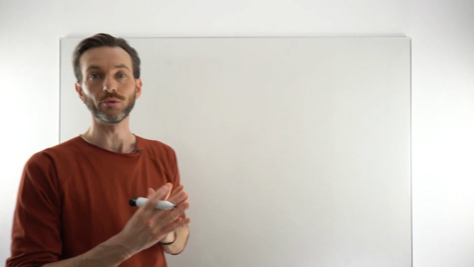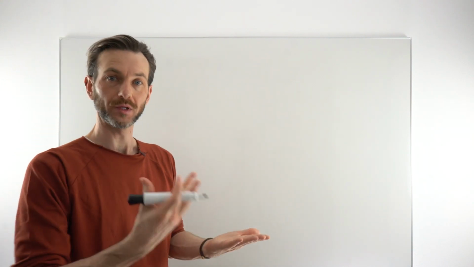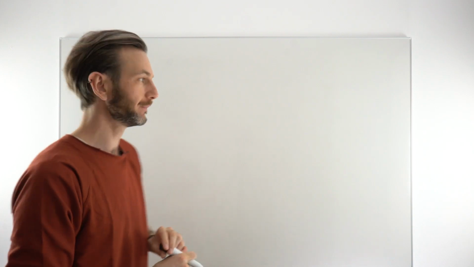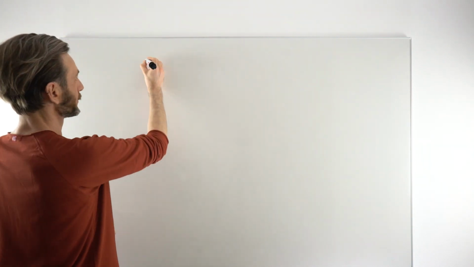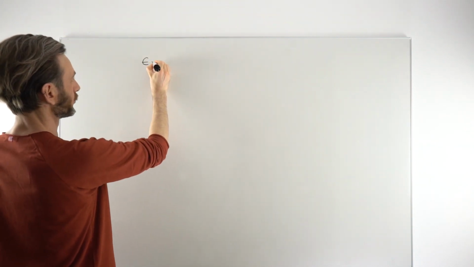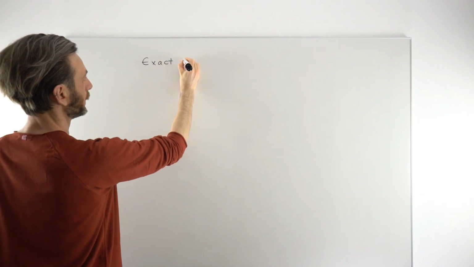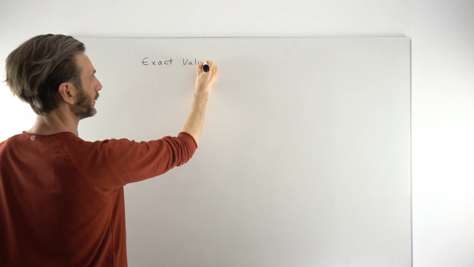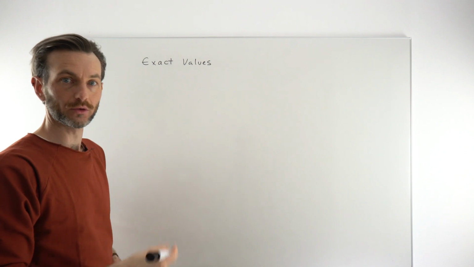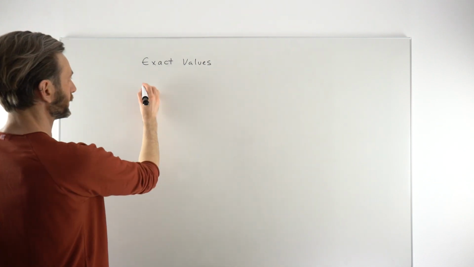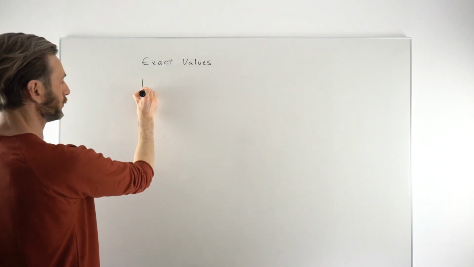So for example, if you wanted to work out the sine of 240 degrees, 240 is a multiple of 60, there's a way to work that. So we'll start with a quick recap. So this is what is called trig exact values. And we basically get these exact values from using SOHCAHTOA, the trig ratios,